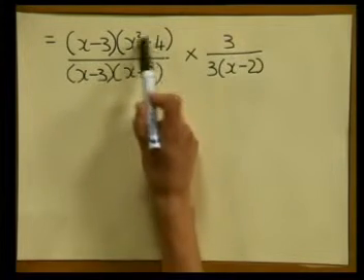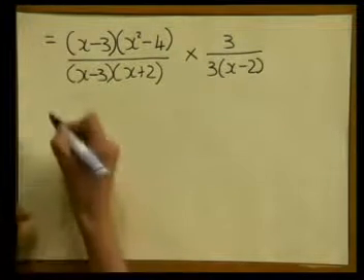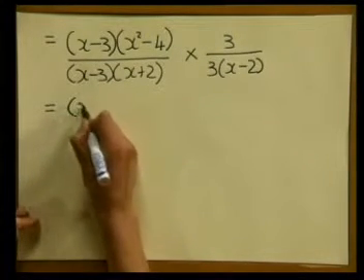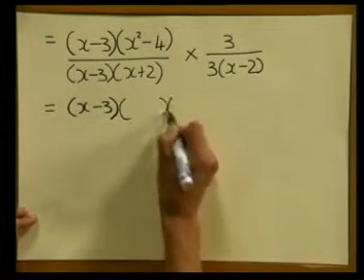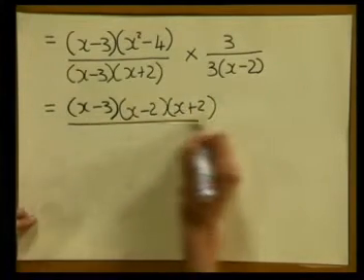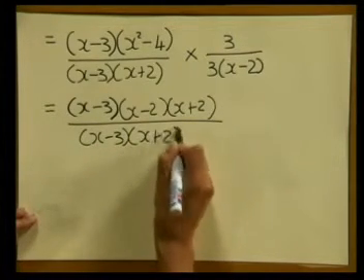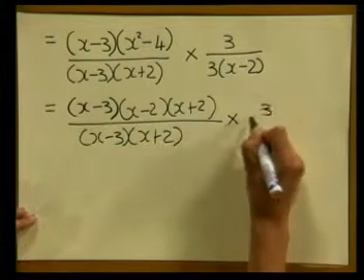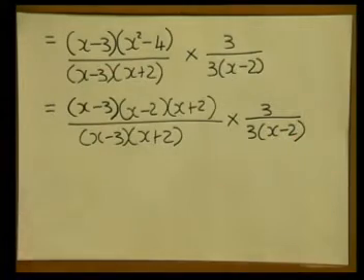I hope you noticed our difference of 2 squares. So we can still factorize further. So let's write it down. X minus 3 multiplied, now our difference of 2 squares becomes x minus 2, x plus 2. All divided by x minus 3 multiplied by x plus 2 multiplied by 3 divided by 3 multiplied by x minus 2. And now that we've factorized as far as we can go, we can finally look for the factors